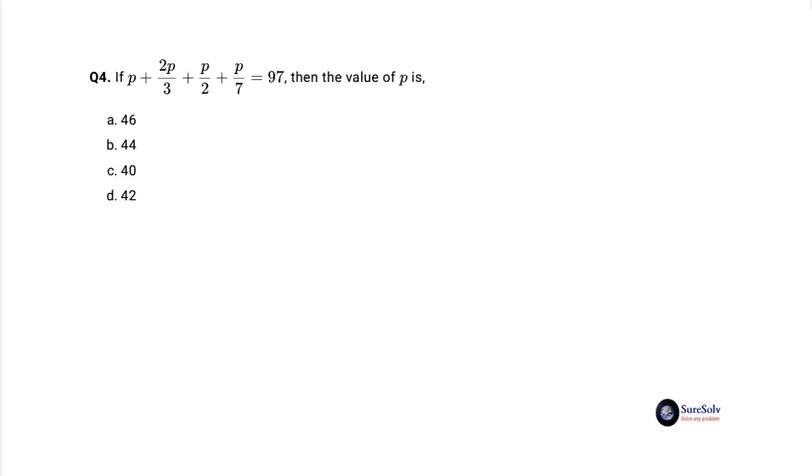Question 4 is, if p plus 2p by 3 plus p by 2 plus p by 7 equal to 97, then the value of p is option A 46, option B 44, option C 40 and option D 42. Essentially, this problem turns out to be just an evaluation of sum of fractions. From the given expression p plus 2p by 3 plus p by 2 plus p by 7 equal to 97, you get